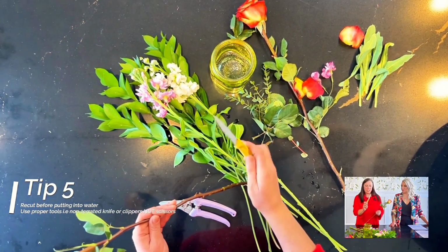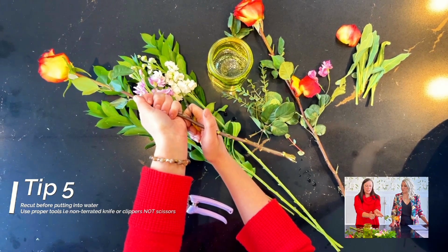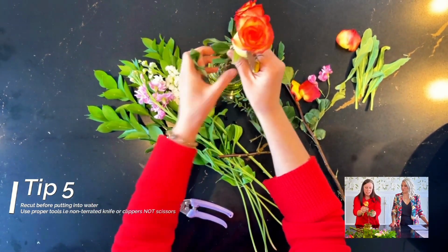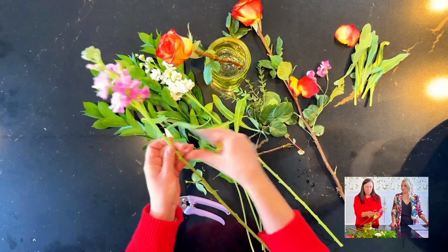Best tools for that is something like a non-serrated paring knife. So you're going to give a fresh, clean cut on an angle, and then you're going to place it in your vase. Of course, I'm going to take these off because I don't want them under that water line. So I'm just going to do a couple here as an example. For knife safety, I see you cutting towards yourself. Yes. She's a professional. I have had many years of experience cutting with a knife,